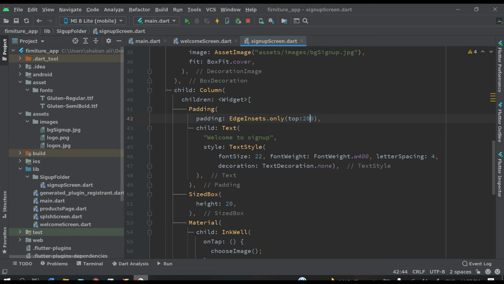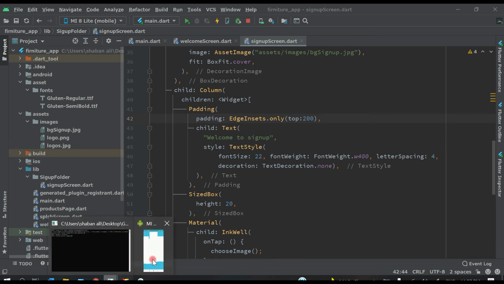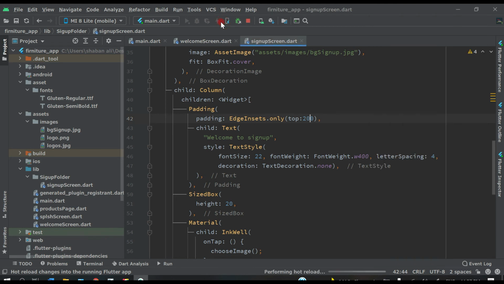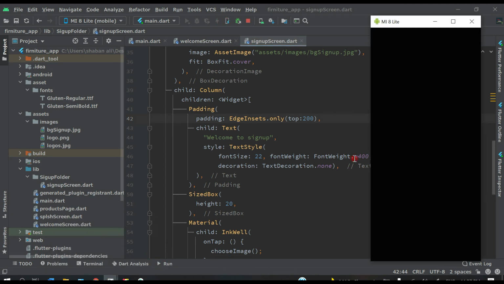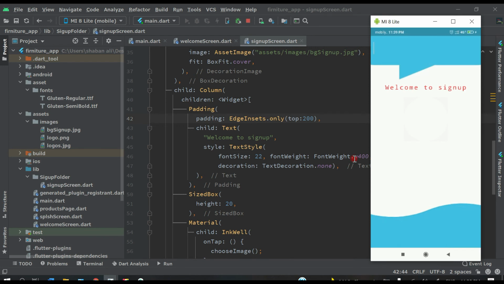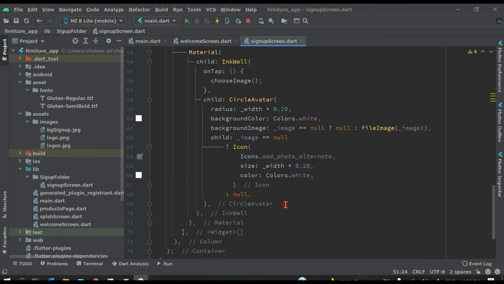And let's reload the application again. And you can see this is our avatar here, and let's change the color of this avatar. Come back and give it an orange color like this, and then let's hot reload and come back here.